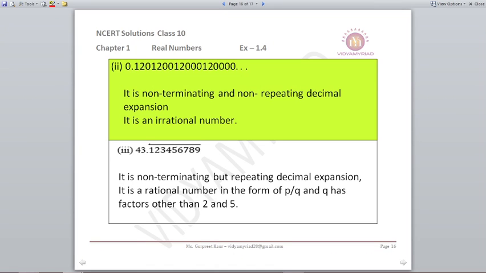Next, 0.120120012001240. What does it mean? This is non-terminating, non-repeating. It's not repeating, it's going on. The numbers are changing. That means it is an irrational number. It is not a rational number. Next,